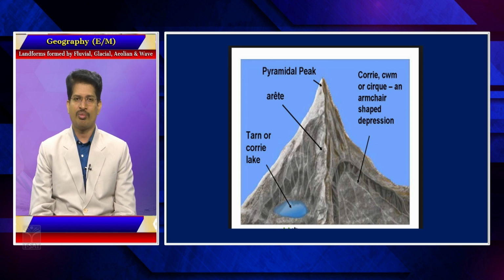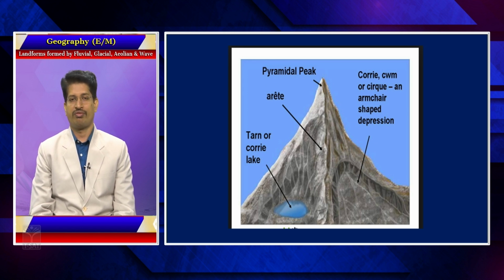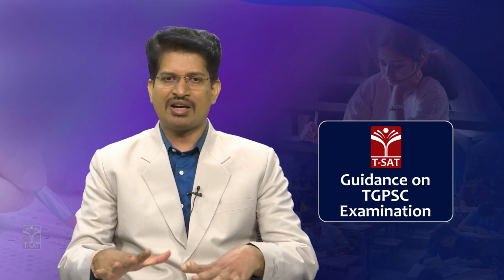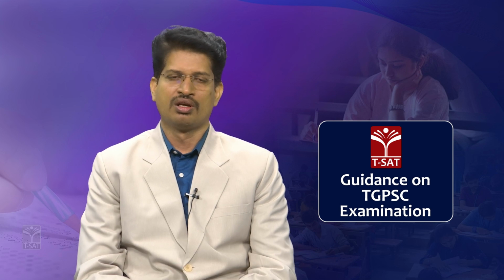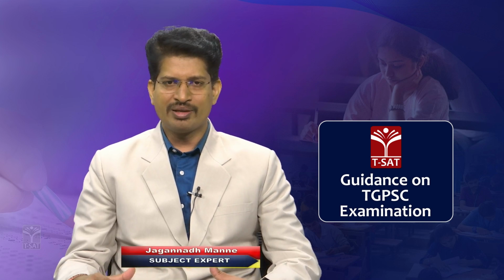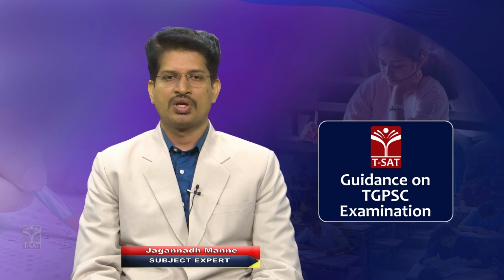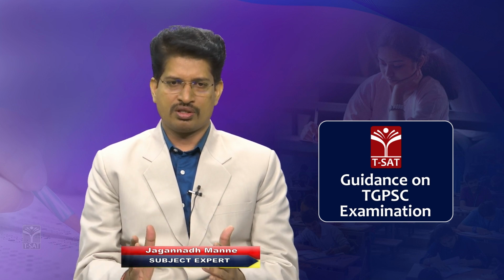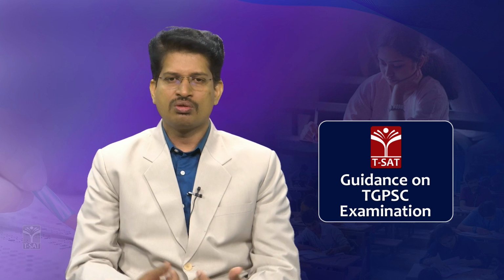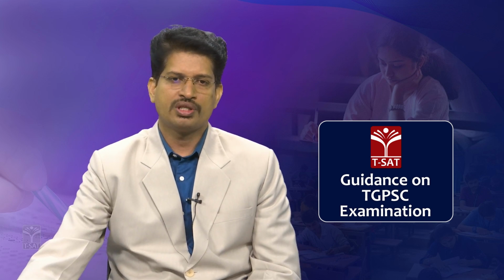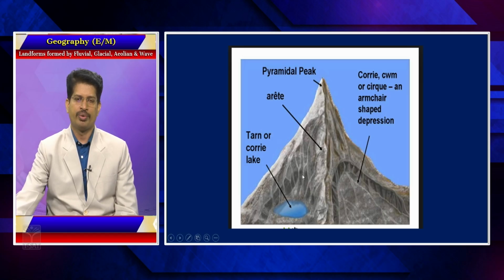So, this leads to the formation of different kinds of features. On either side of these mountains, in 360 degrees, when it is being carved, the sharp ridge-like structures formed are known as arete. And these aretes merge to form a pyramidal peak. The gap between two aretes leads to the formation of a kind of lake known as tarn lakes. So, these are tarn lakes, which are depressions formed by weathering and erosion, by the plucking of the glaciers. In the surrounding regions of the mountain, this process happens, leading to the formation of a pyramidal peak.